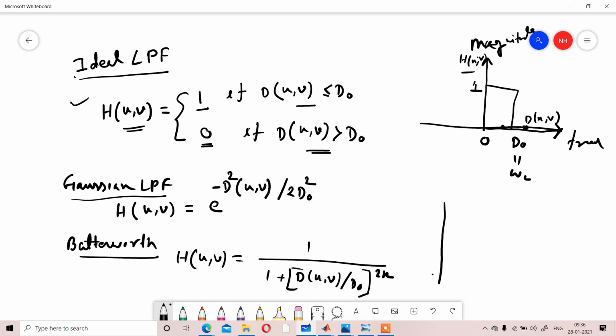That should have been done in your DSP class, the Butterworth filter part, but due to the situation it is not covered. So in the Butterworth filter, what is happening? It's a low pass filter, but it's not ideal. If you consider the ideal low pass filter, it is happening like that. That is your omega C, the cutoff frequency. In the Butterworth low pass filter, a smooth change is happening instead of a sudden change, meaning you are getting a structure like that.